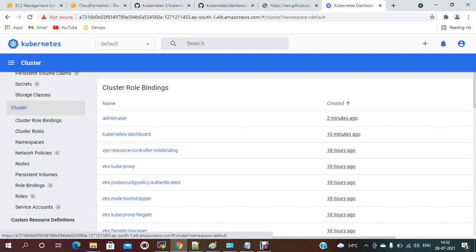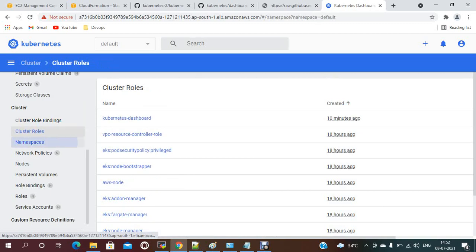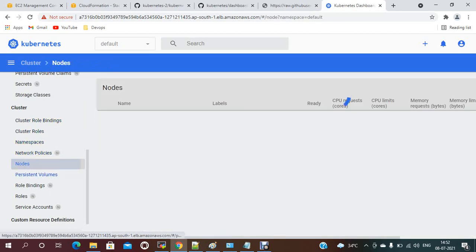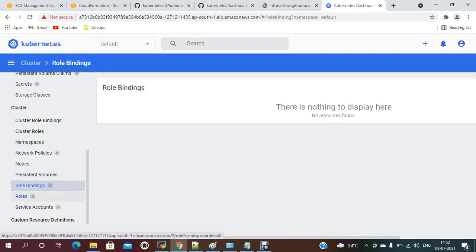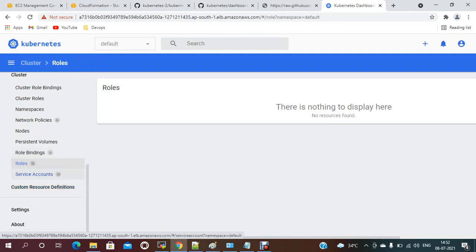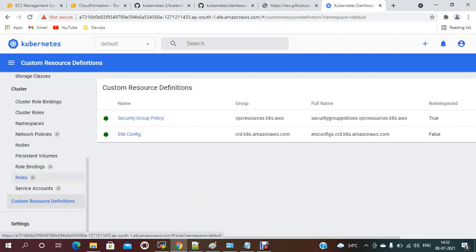Under cluster we have admin user, Kubernetes dashboard, roles, cluster roles, networks, nodes, role, service account. Everything should be there.